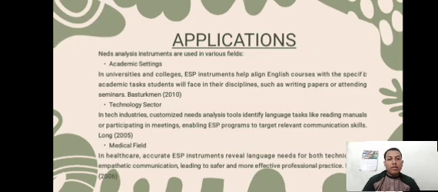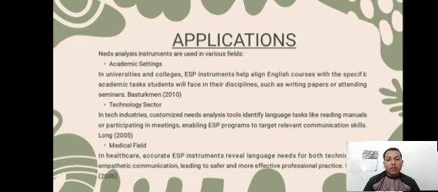Next, applications. Needs analysis instruments are used in various fields. First, academic settings. In universities and colleges, ESP instruments help align English courses with the specific academic tasks students will face in their disciplines, such as writing papers or attending seminars, according to Basturkmen 2010.